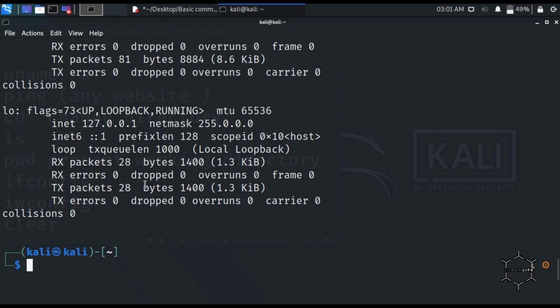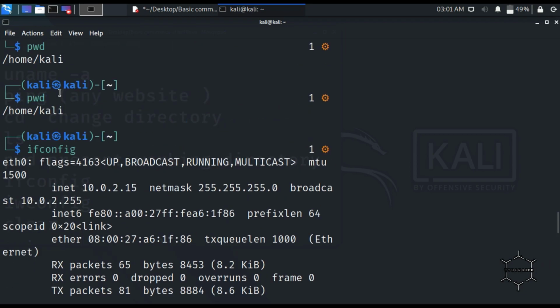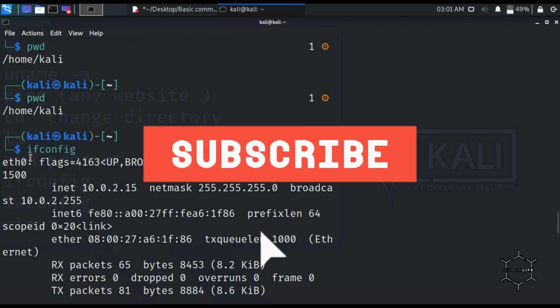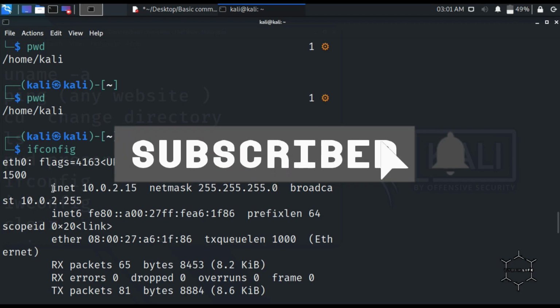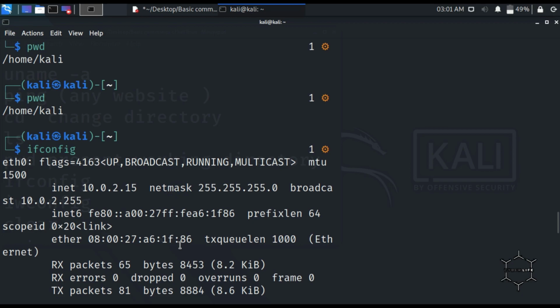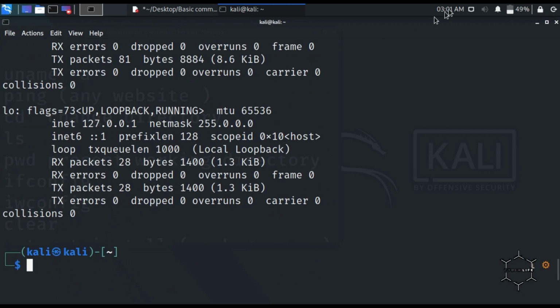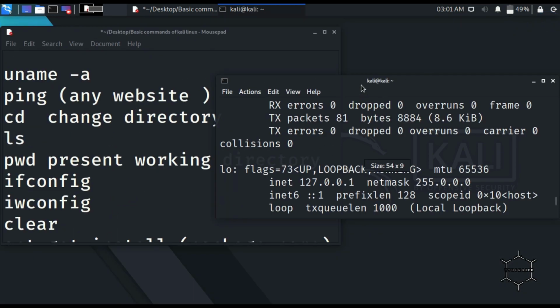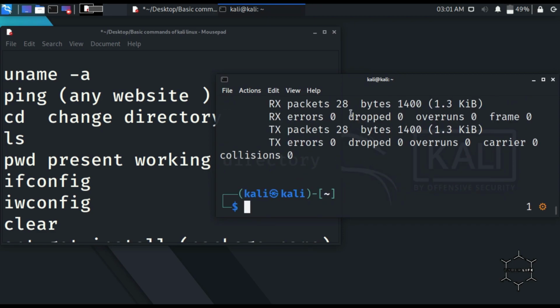And by scrolling down, we can see LO, LAN connection, and there are many connections. So by this command, we can see the interface properties, like the Ethernet connection having many. These are the IP addresses. This command is not that useful in general, but while hacking Wi-Fi, you can see this command is useful.